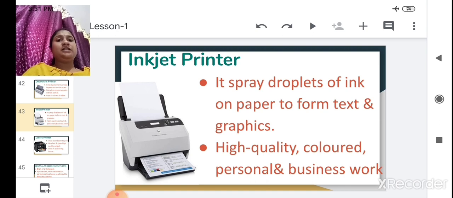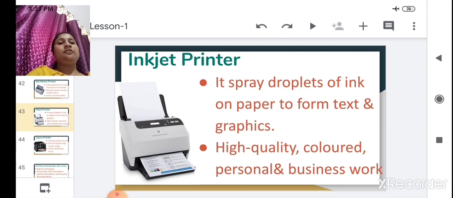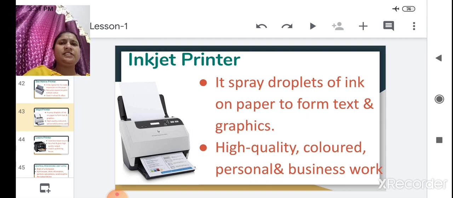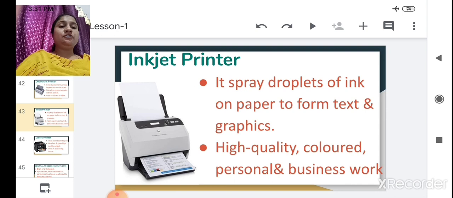It is cheaper, smaller, and better at printing photos and color documents. It gives high quality colored images, especially photos.